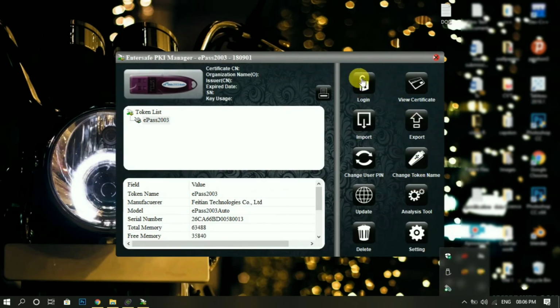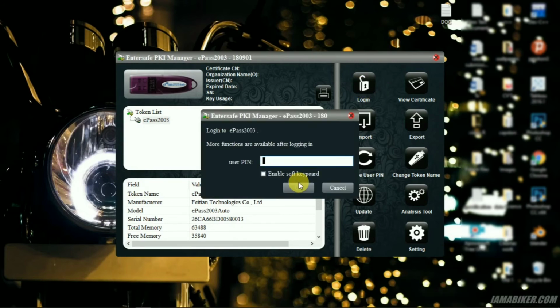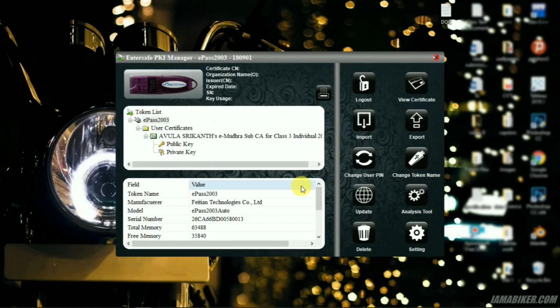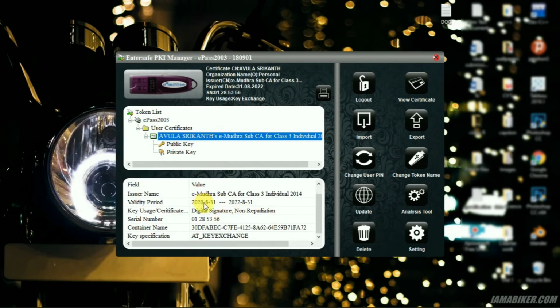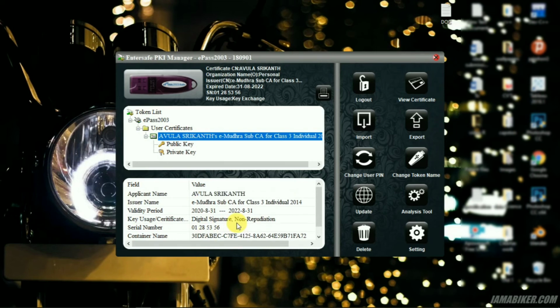Now just click on login. When the token is given to you, they also provide you the pin for logging in. So just use that pin for logging in. Once you log in, you can see the different options, and here you can see the DSC, which I got from eMudra, and it is a class 3 DSC.